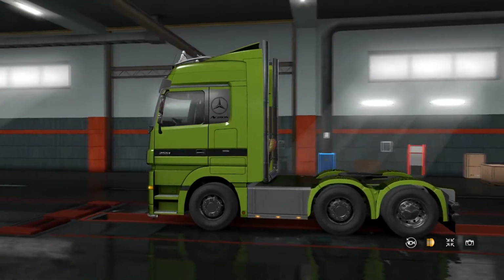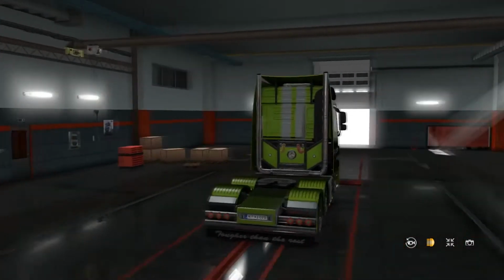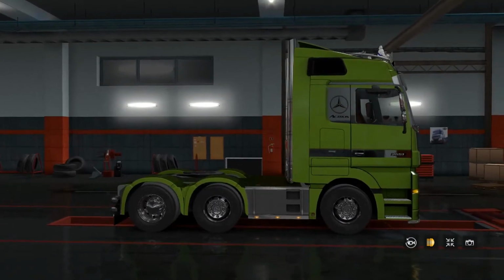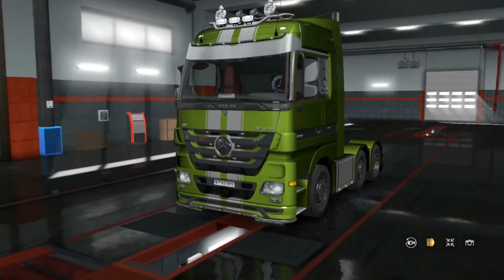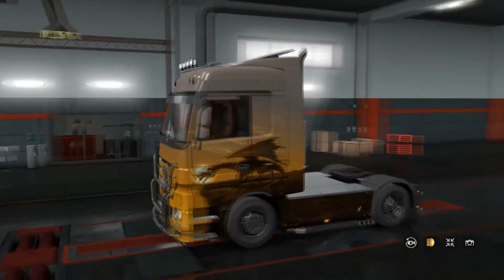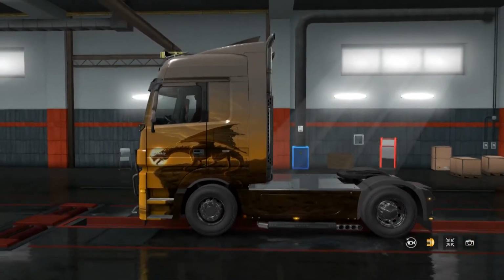Before I continue, I would like to say a few words about myself and the reason why I'm making this video. My name is Vladislav Georgiev. I'm a senior vehicle artist, and for the most part, I've done most of the modeling, texturing, and scripting work on the Mercedes MP3 for this DLC. So everything I'll be talking about in this video is either done by me or I have a significant contribution